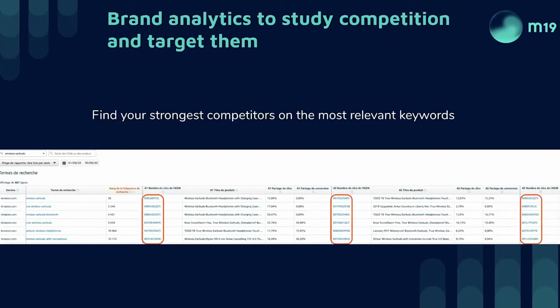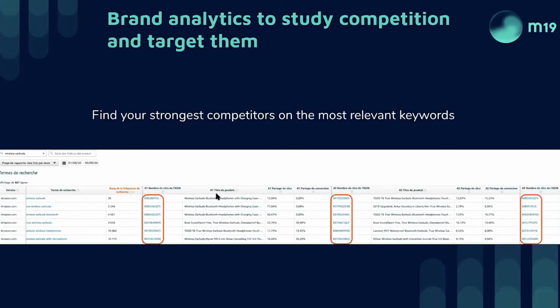If we use the same example as before, I choose wireless earbuds. I type it into brand analytics and I get a list of search terms. And for every search term, as you can see here in the screenshot, you have the top 3 selling items. So you get the 3 top selling item ASINs.